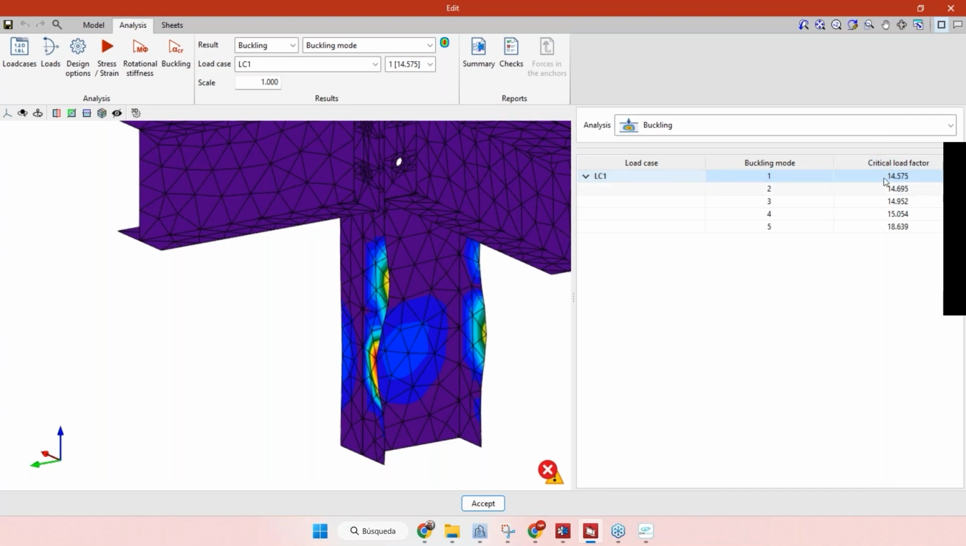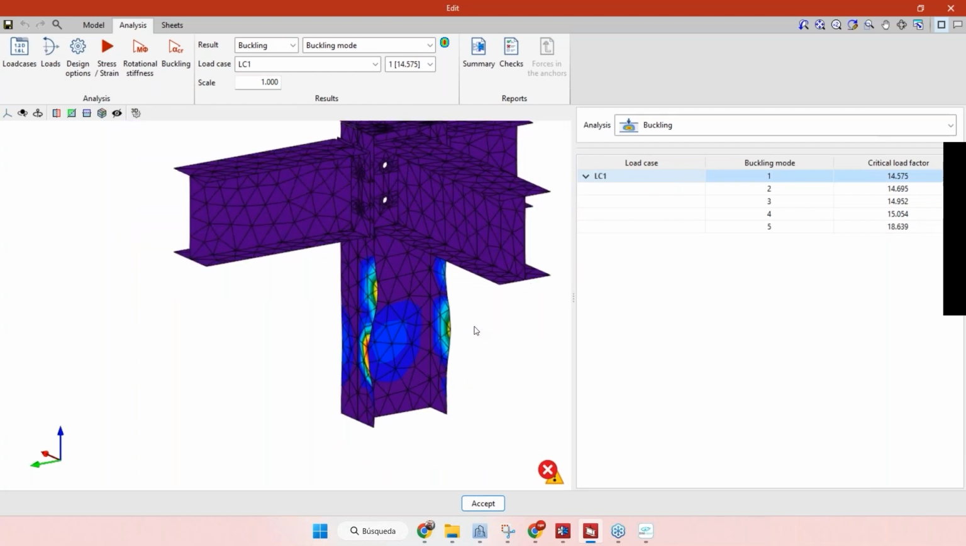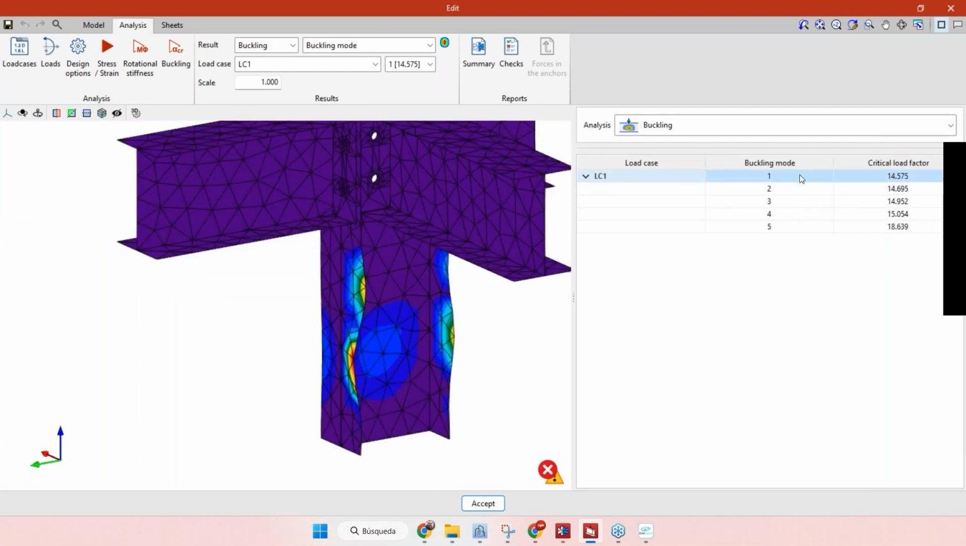It means, for example, in this case here, 14.57, this is the critical load factor. It means that if we had a load that is 14 times bigger than the load that was introduced here, that was analyzed here, we would have a buckling situation here. Okay, so for this buckling mode, we would have a critical situation here if we had 14 times the load that was introduced in the model. Okay, so it's one way to analyze